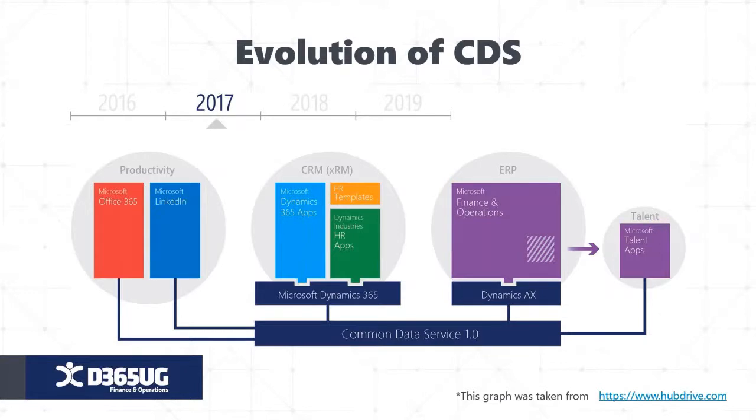So all three apps, Dynamics 365 CRM, Finance and Operations, and Talent, kept data in their own separate databases. But with the help of CDS 1.0, it became possible to synchronize the data using CDS Silo. And that actually provided the connection between the applications. However, the concept remained fuzzy, and the implementation had performance issues, and this approach turned out to be non-practical.